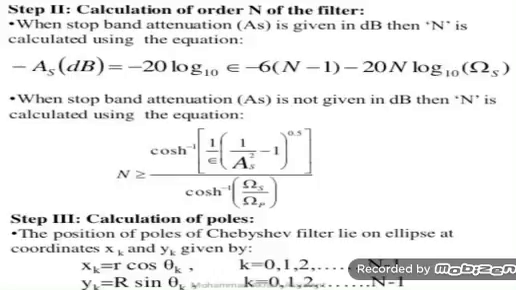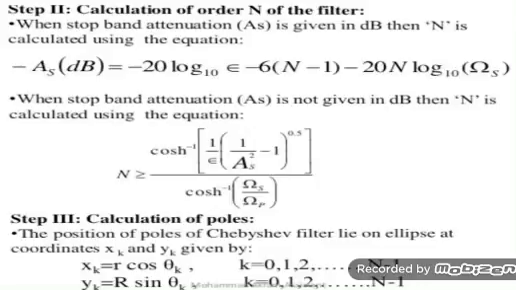Now let us see step 3, calculation of poles. The position of poles of Chebyshev filter lie on an ellipse. As we know that generally poles lie on the circle. So in order to make the poles lie on the ellipse, we need to elongate the poles on the major axis and squeeze the poles on the minor axis. So we need a factor in order to do this process. Such factors are nothing but